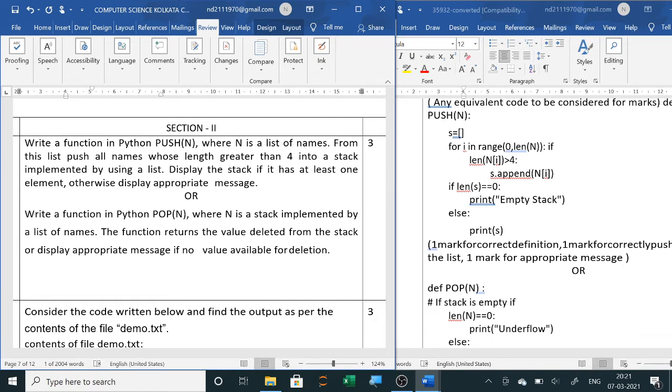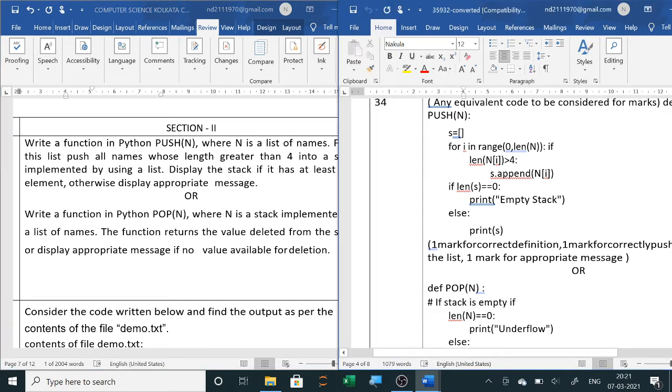So here the answer will be def push, and n is the list of names given. Now we will take one by one from the list. So for i in n, directly also we can take for i in n, and instead of taking this directly we can write for i in n, if len of i is greater than 4.